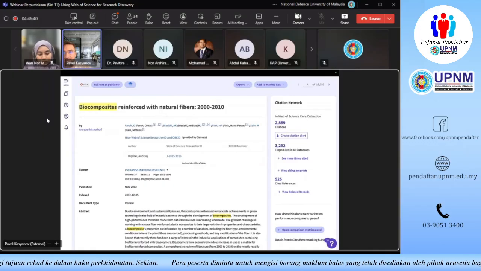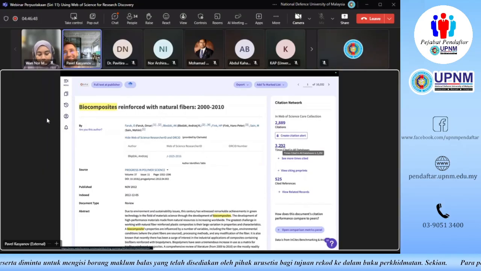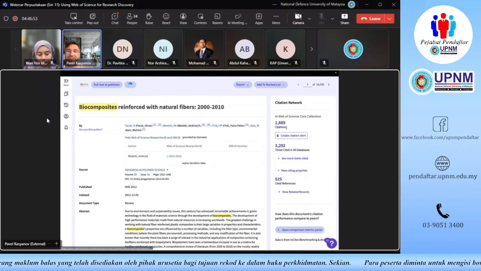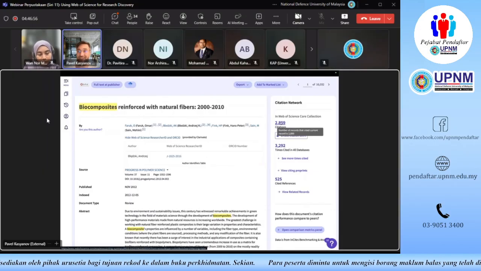Now, we sometimes have a question from our users: which number is more correct? I would say both of them are correct. But why are they different? As we already mentioned, Web of Science is the most selective of all the databases and features the strictest selection criteria.